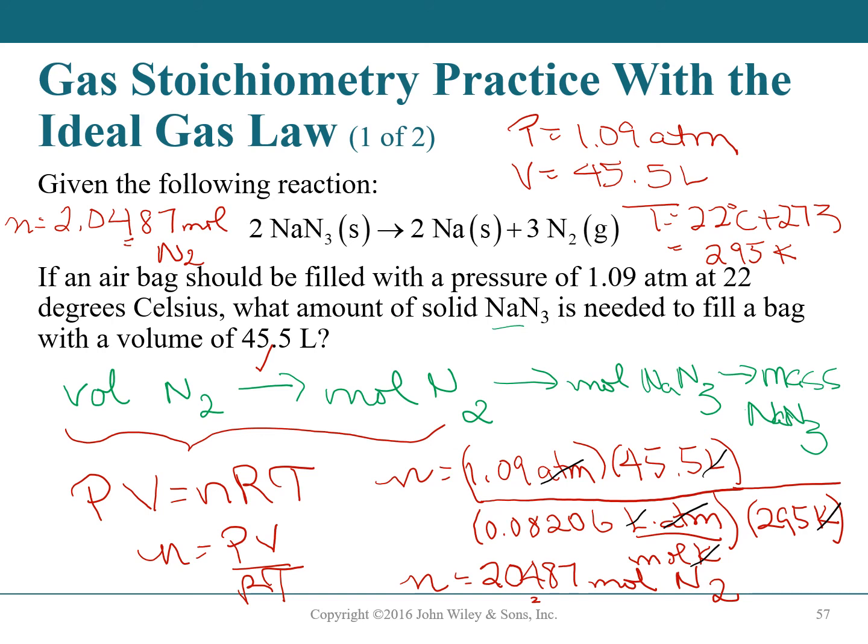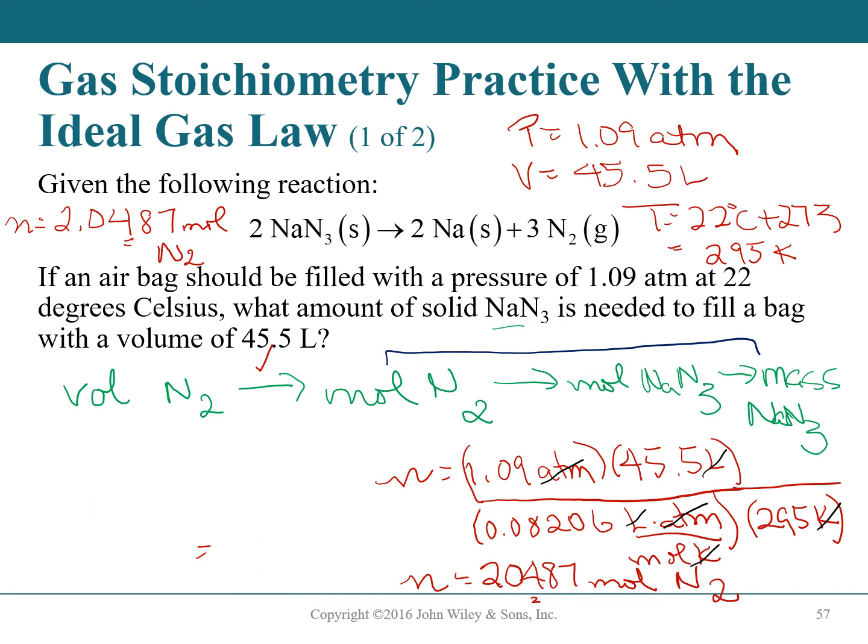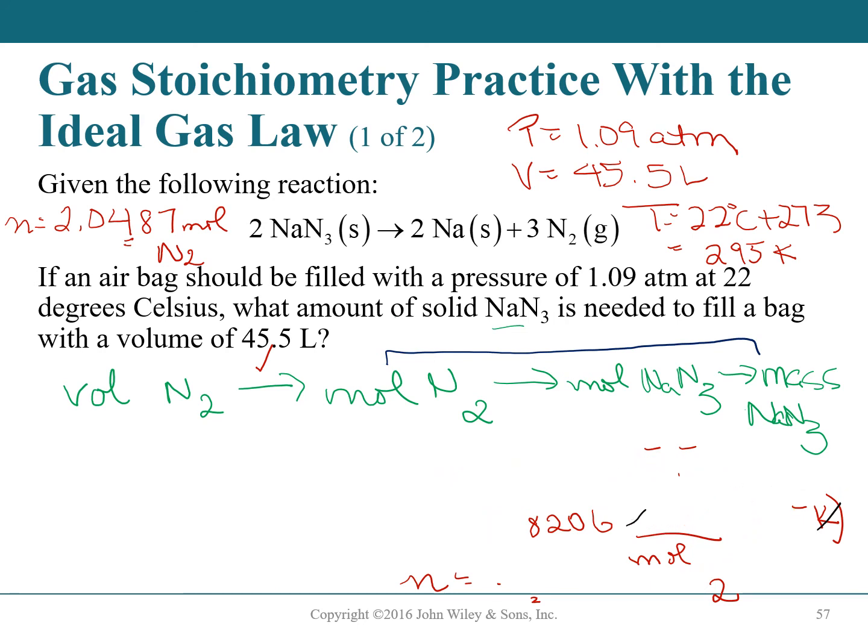Now what we're going to do is we're going to do the rest of these. Okay, so let's go ahead and do the rest now that we've determined what n is. And a solution map doesn't necessarily mean that everything has to be done in one large multiplication. Okay, all it means is that we're defining the number of steps. So we did the first step. So now that we have the number of moles of nitrogen, we need our mole to mole ratio, which we're going to